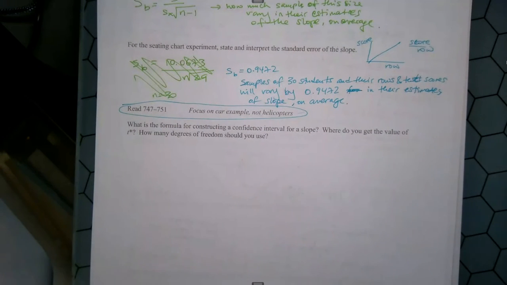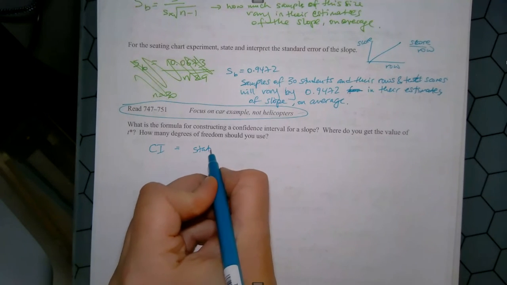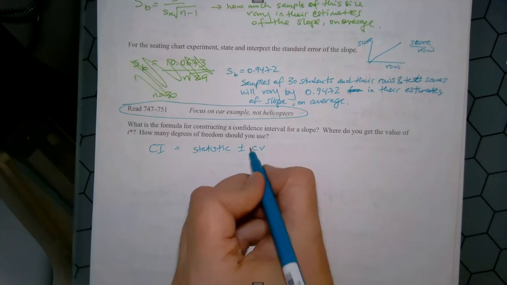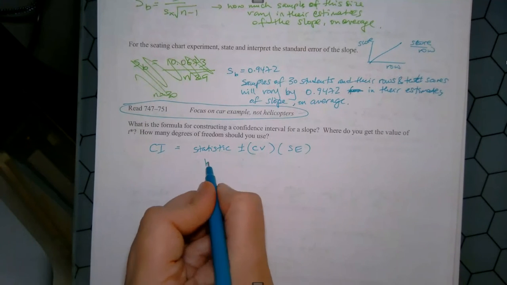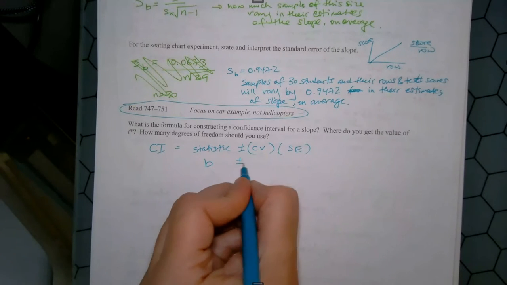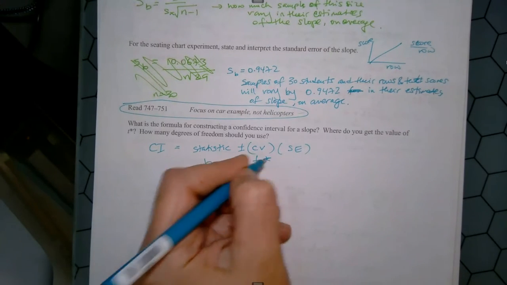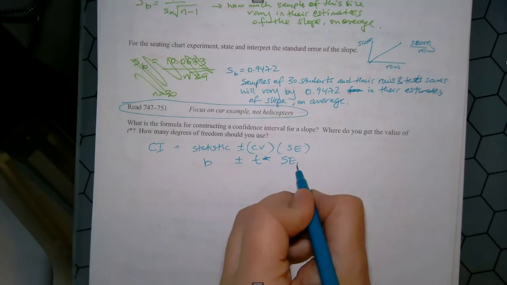What is the formula for constructing a confidence interval? All right. So this is that generic formula we have on the formula sheet. We can start to build it, right? So confidence interval is your statistic, what you got from your study, plus or minus your critical value times the standard error that you got. So our statistic here is going to be the actual slope you got in your study. These are going to be t-scores. So we need a critical value in t. It's a t-star. And the standard error we have up there, I'm going to call it SEB because it's usually